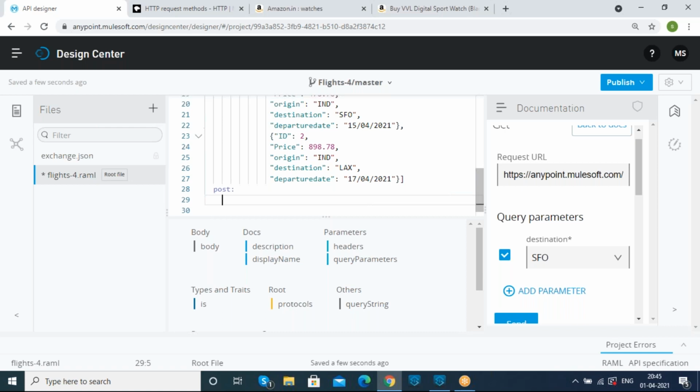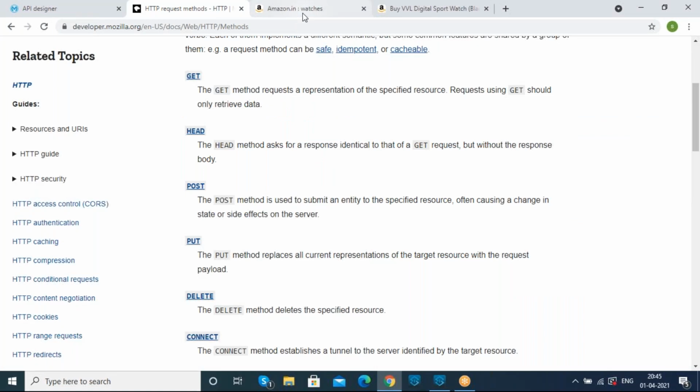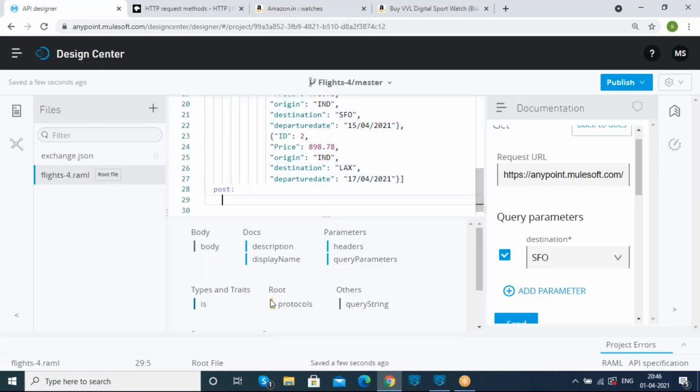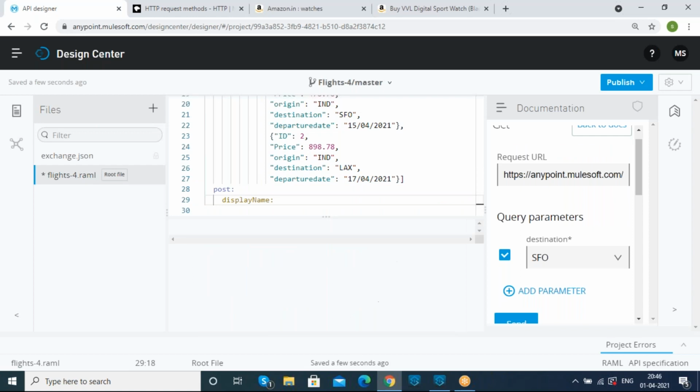Whenever we are moving to Design Center or any other options, for example in Amazon, all the options will be displayed differently, not as the post or get method or something else. Exactly in the same way, I just want to display it as add the flight.